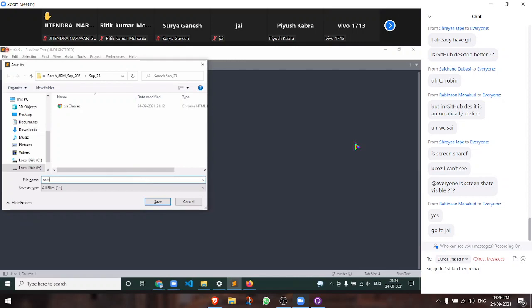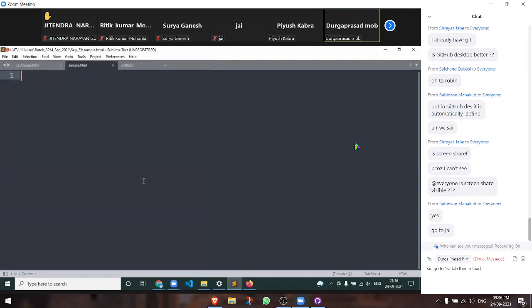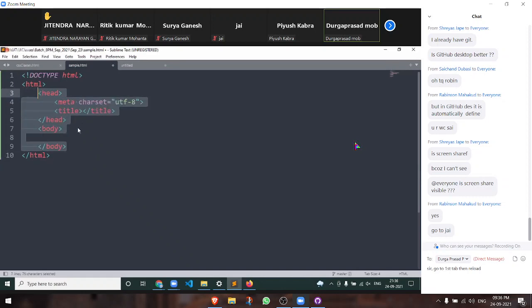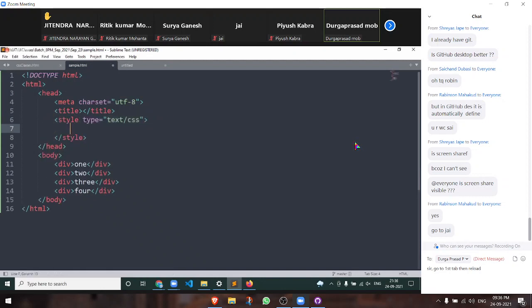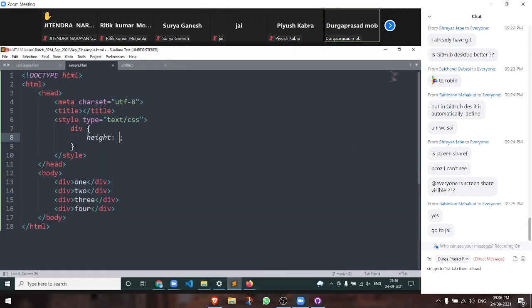Now I create something called sample.html. You know what is actually there? It is not a single container. The very first thing is that it is not a single container. There are multiple containers which got added over there. Let me show you. Say, for example, I have a div, something called as 1, having a height of some 1200 pixels.